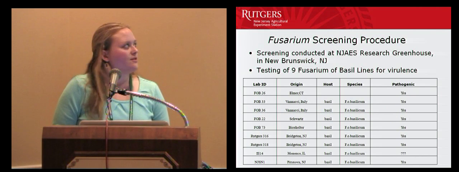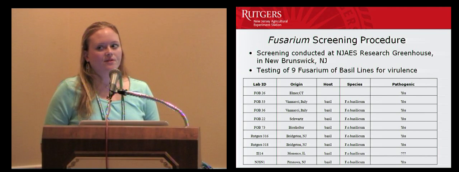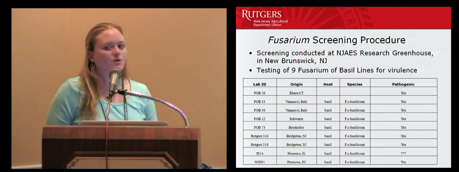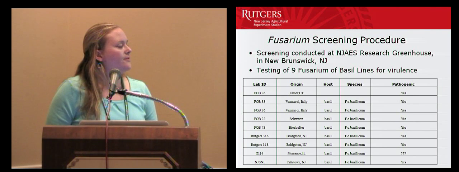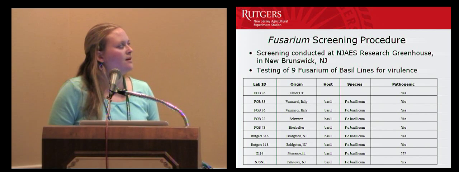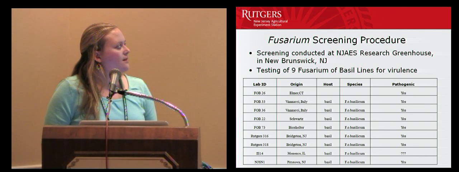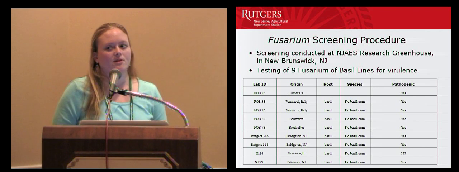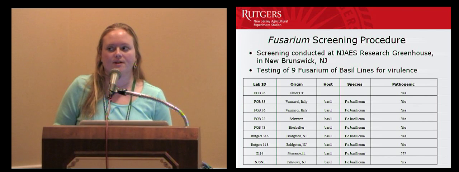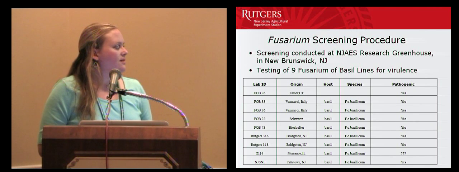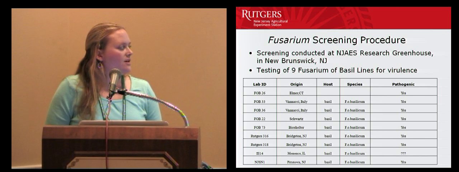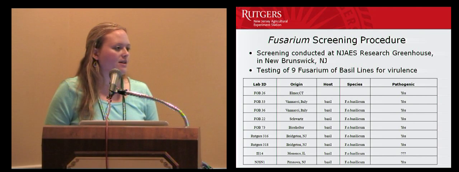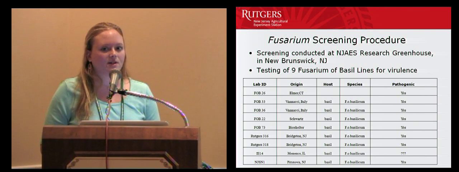So this was our Fusarium screening procedure. It was conducted at the New Jersey Agricultural Experiment Station Research Greenhouse in New Brunswick on Cook campus. We're testing 9 Fusarium basil lines for virulence. A big chunk of these Fusarium lines were obtained from the University of Massachusetts, so I want to thank Rob and Angela for those lines. We also got a few plants that were infected from Rarick and Pittstown, New Jersey at the Rutgers experimental stations,